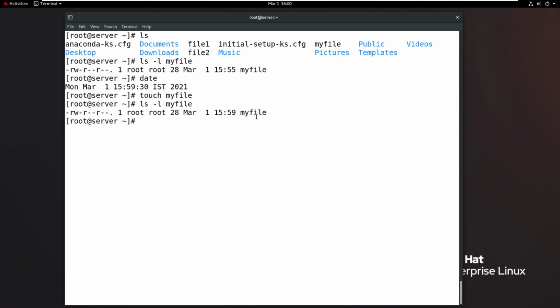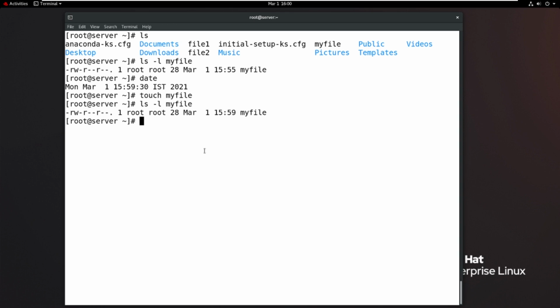So in case you create any new file with the wrong time, like maybe the timestamp is wrong because your system setting time is wrong, then how can you resync that file timestamp? Then we can use the touch command.